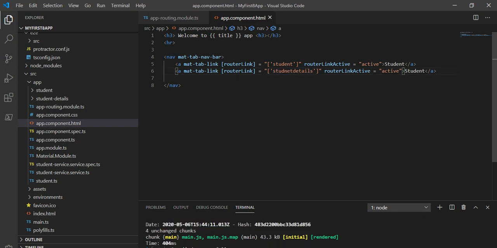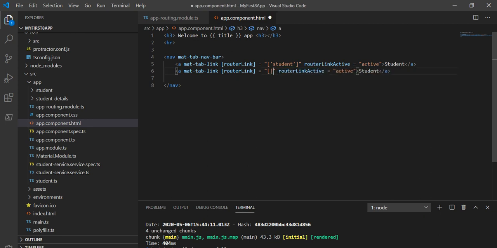And basically now we are giving it in a similar way, but we are going to make it a multiple routing outlet or auxiliary route. So for making it, we have to make some modification to this. So let's change it in this way.